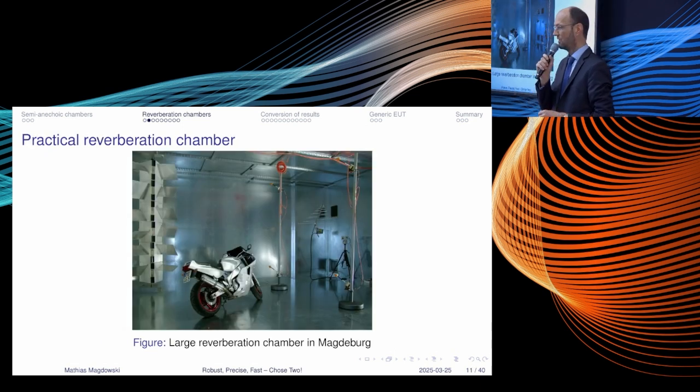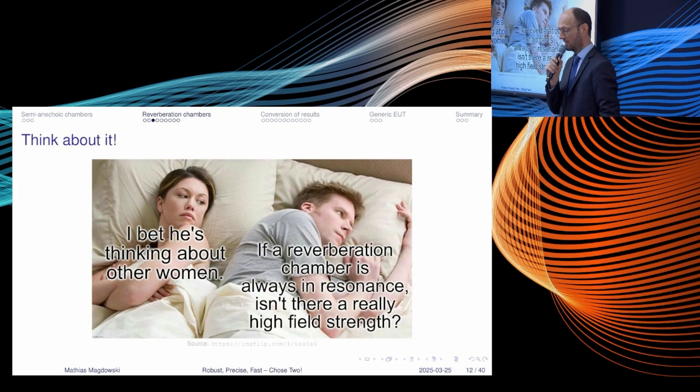This is the chamber that we operate in Magdeburg. This picture with the motorcycle is very popular. If you check the English Wikipedia website for electromagnetic reverberation chamber, you will also find a picture there. The motorcycle actually never was tested. It was just placed into the picture to make the picture look nice. It was a motorcycle of a former student. But this somehow worked out. And at the end, it's just a large microwave oven.